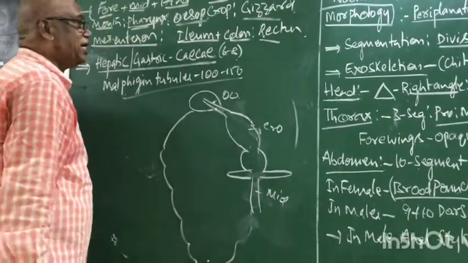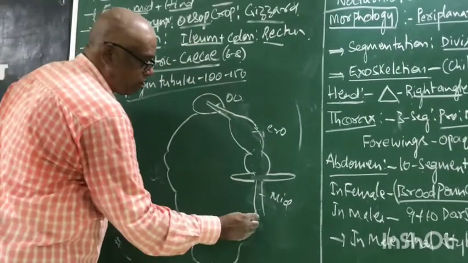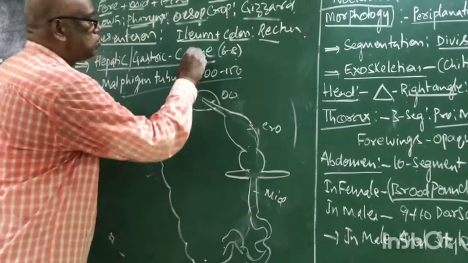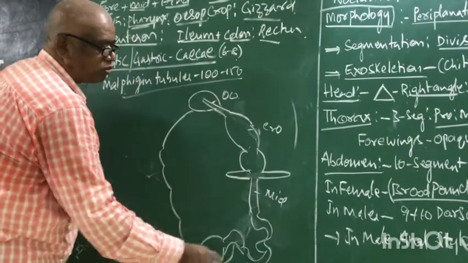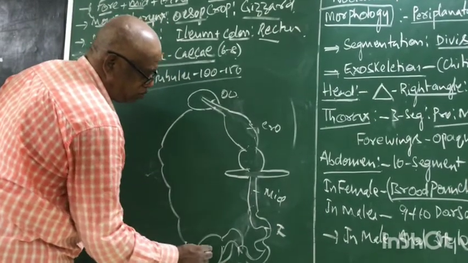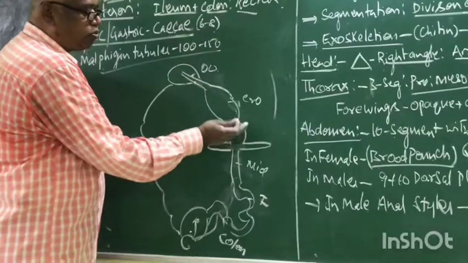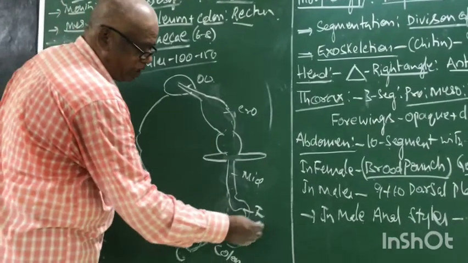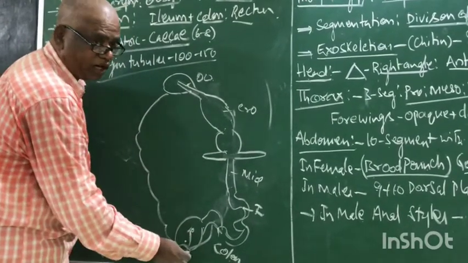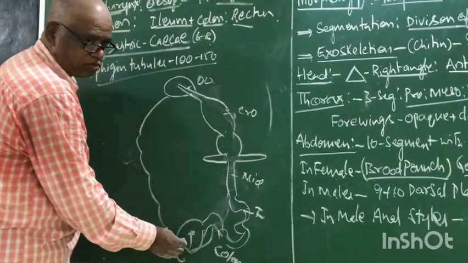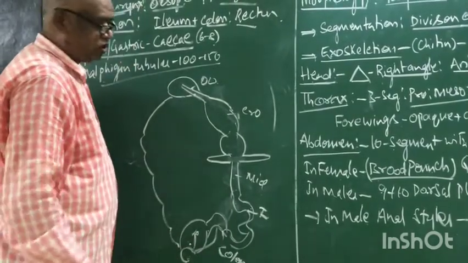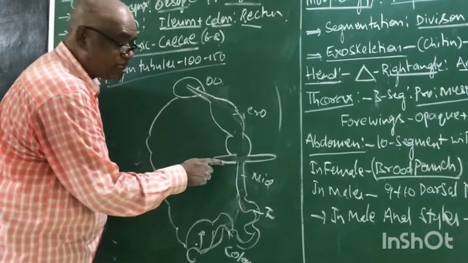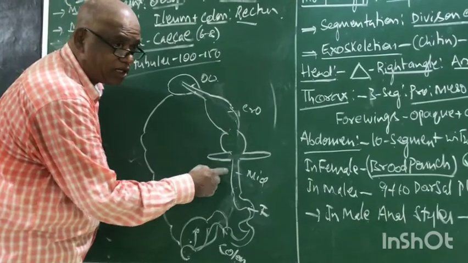Now come to the hindgut. The hindgut contains 3 parts: ileum, colon, rectum. I for ileum, C for colon, R for rectum. Up to this is the foregut. Just as the hepatic caecae are present at the junction of foregut and midgut,